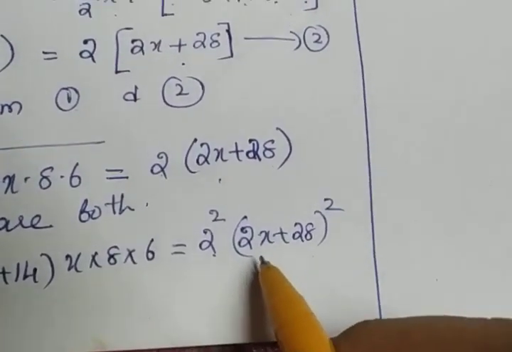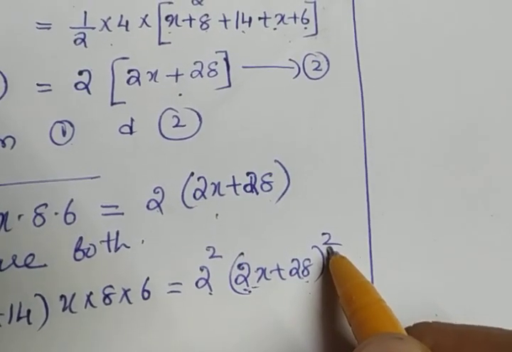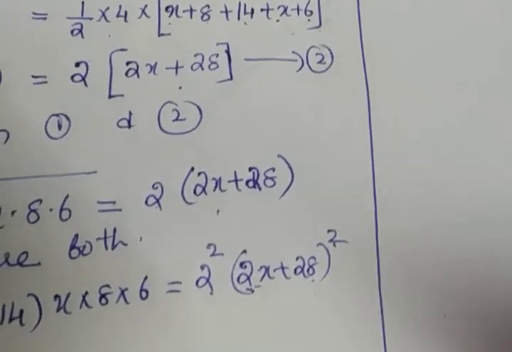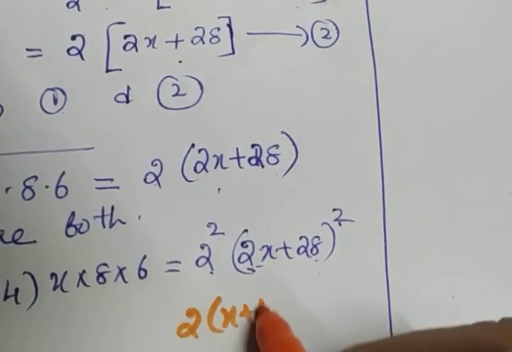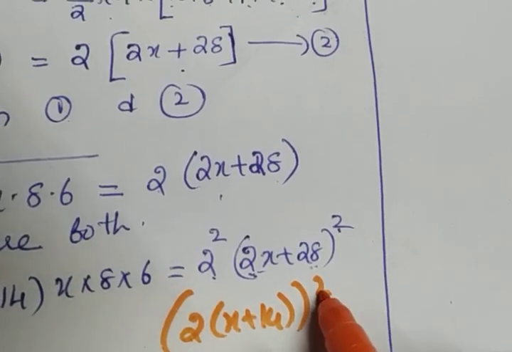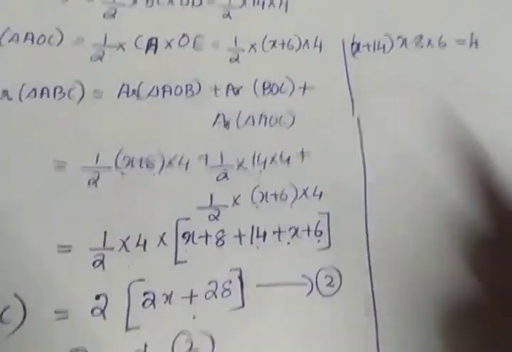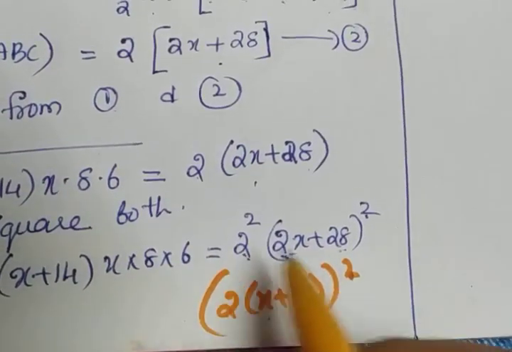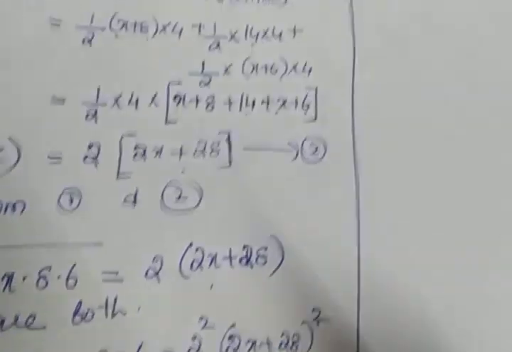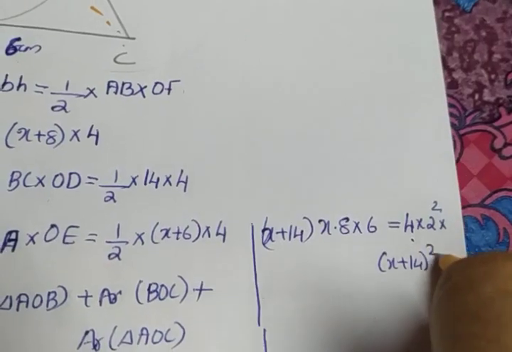Okay, and here actually in the two terms there is a common 2, and there is a square for that 2. So if I take it outside it will become 2 squared. Clear? This term is actually 2 into (x plus 14) the whole squared, isn't it? So 2 squared is there. 2 squared will be 4 and (x plus 14) the whole squared stays. So I am writing like that. This 4 is the value of this 2 squared, and from this bracket also there is a 2 which is having a square. Again a 2 squared is there. So 4 into 2 squared into (x plus 14) the whole squared. That is what we are getting.